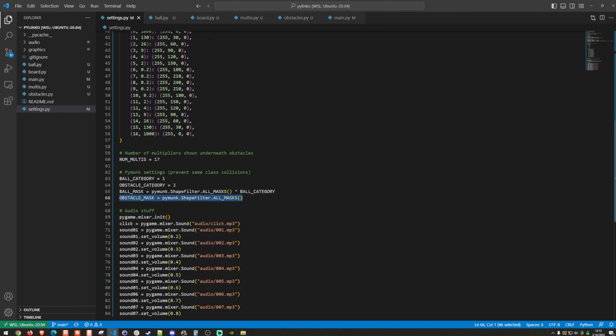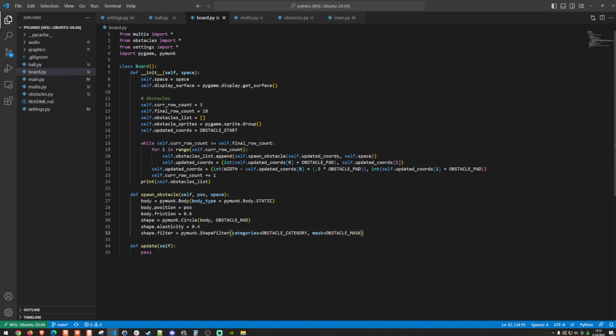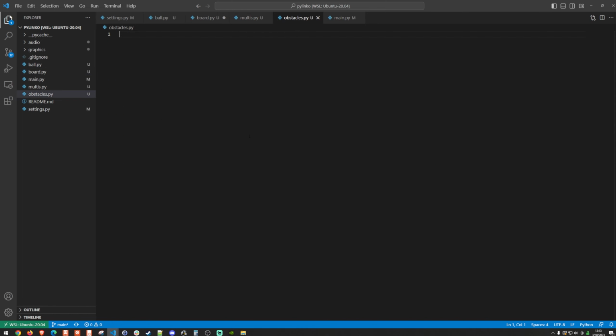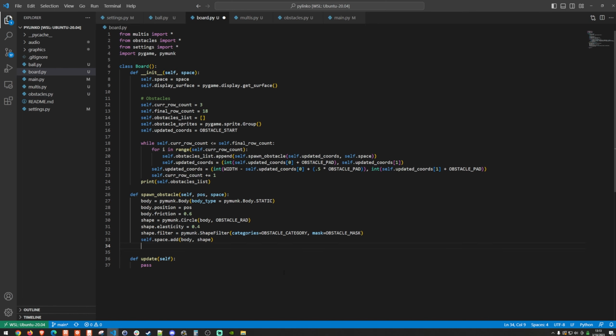So we'll go ahead and go back over to board.py. Now that we have created the filter, we can self.space.add the body and the shape. So we do need a bit more information here. We do want to create an actual obstacle object, which if we look at obstacles.py, we have nothing here yet. But for right now, I do want an obstacle equals obstacle